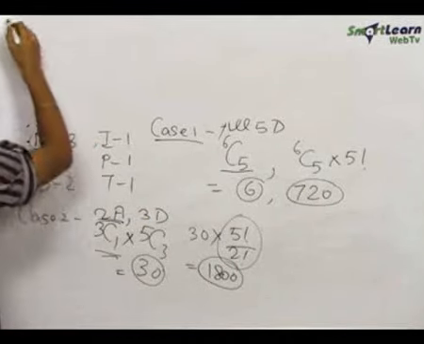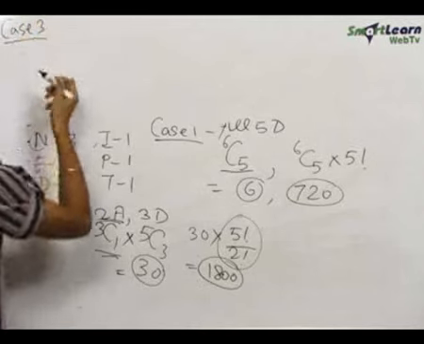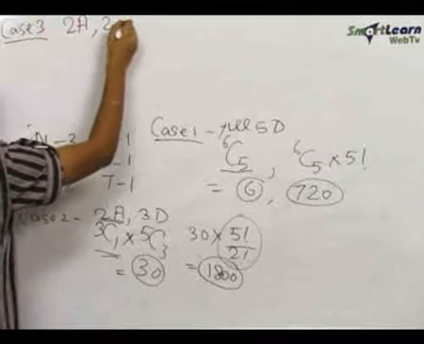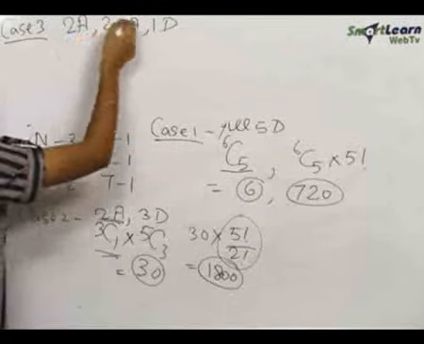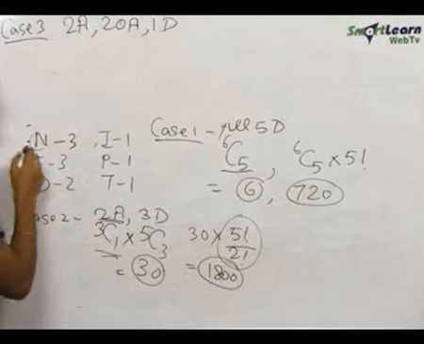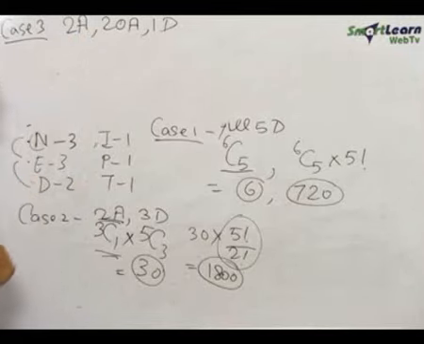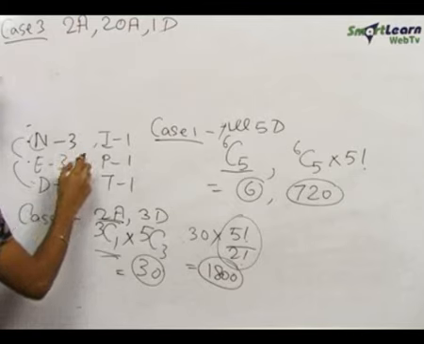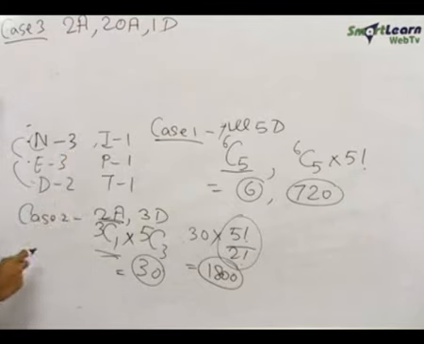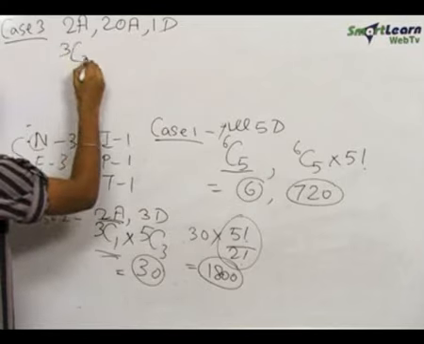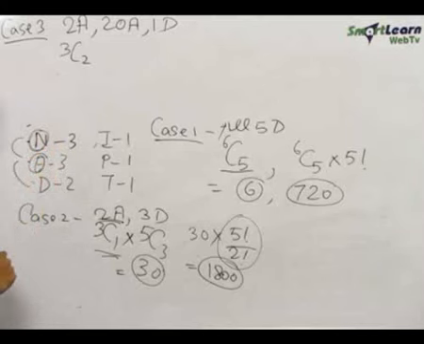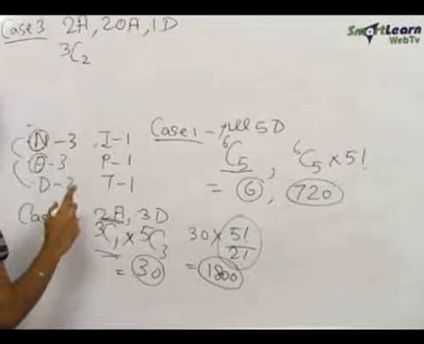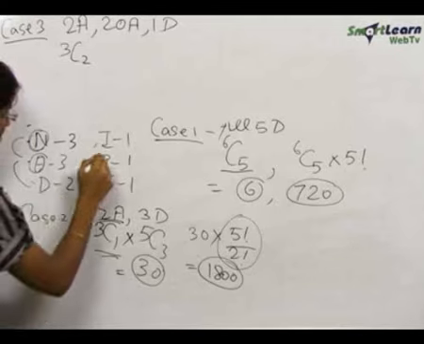Now comes our next case, which is 2 alike alphabets, 2 other alike alphabets and 1 different. Now 2 alike and 2 other alike will come from these 3. So if we select any 2 alphabets out of these 3, we can get 2 alike and 2 others alike alphabets. Hence this is 3C2. Let's say we select N and E. Now we want 1 different alphabet out of D, I, P and T.